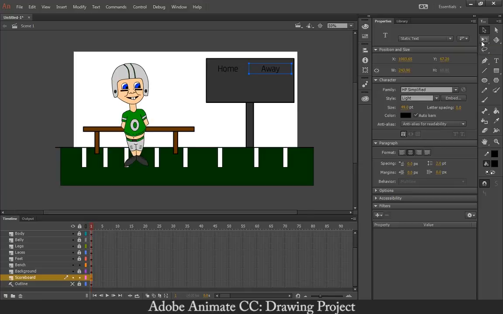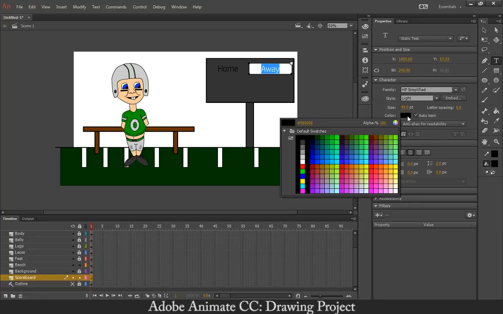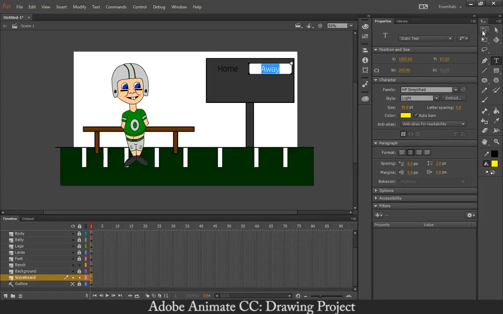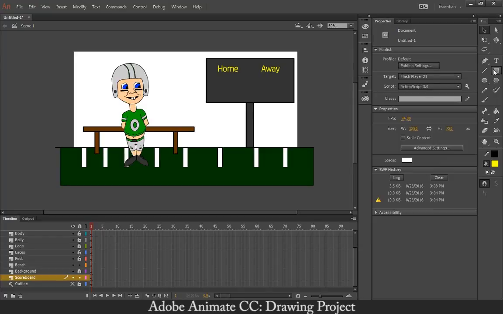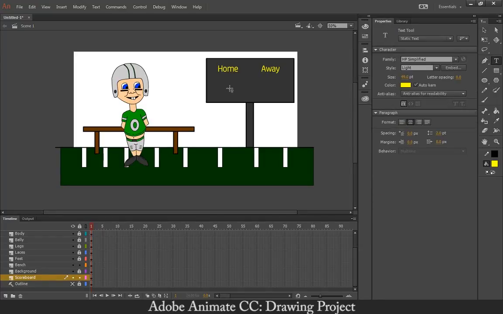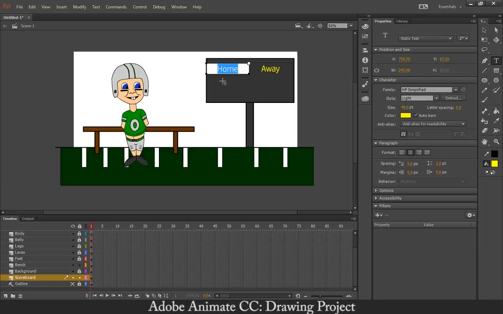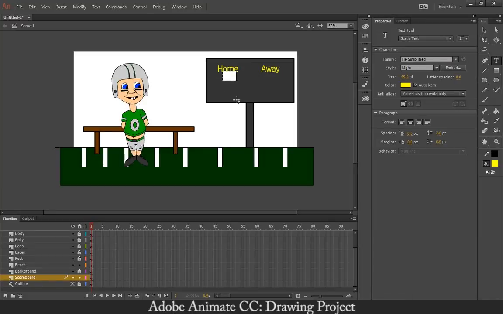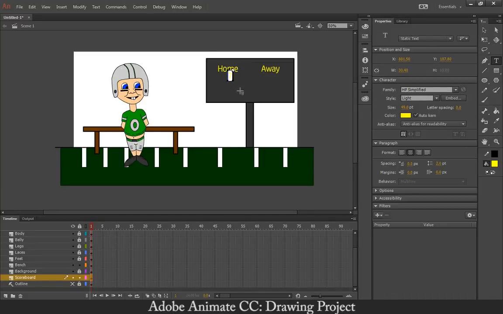And this might actually even be in yellow. Okay, and do one more that's, go 7,